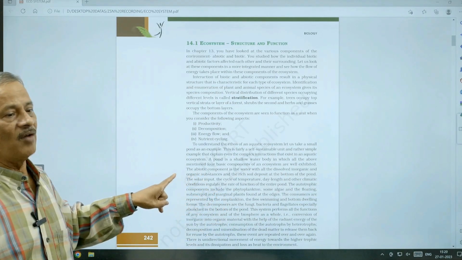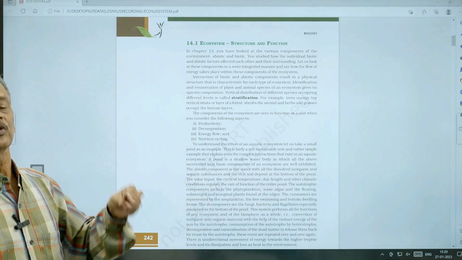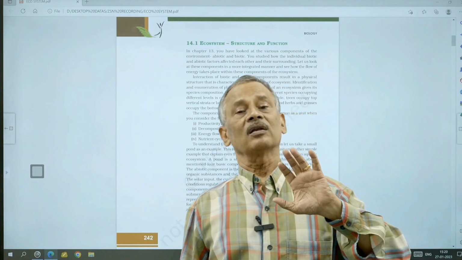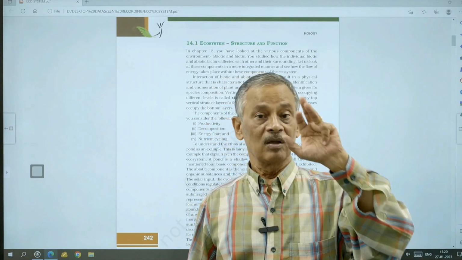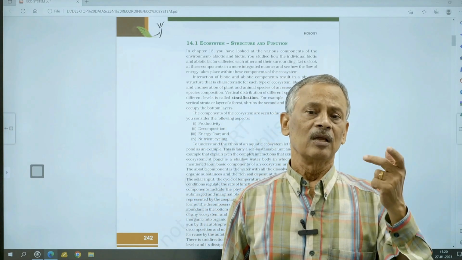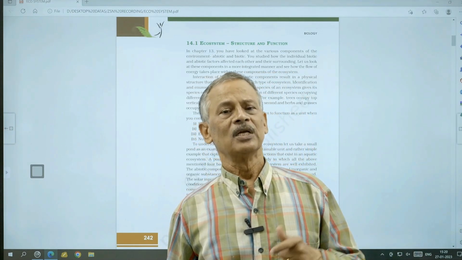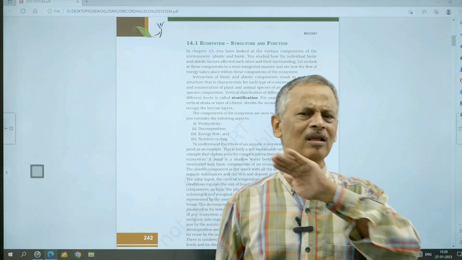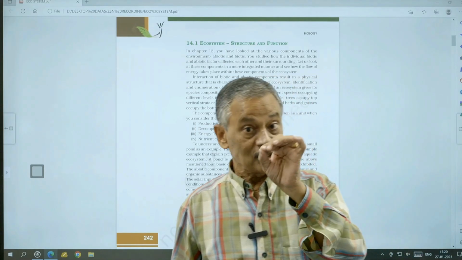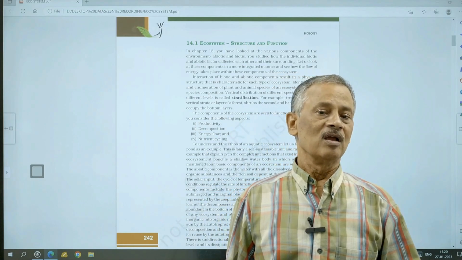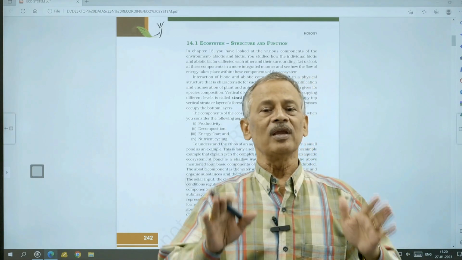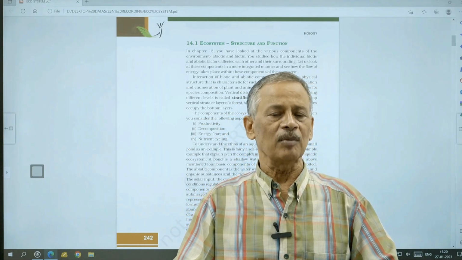There you will be having producers, consumers, decomposers, abiotic factors, biotic factors. What amount of light it is getting, how much heat it is having on an average, how much water is there, what will be the depth, all come under the physical parameters of that ecosystem. Now, how many nutrients are dissolved in water, what is the pH of the water, how many gases are dissolved. So, they will also come under the chemical parameters, chemical factors.